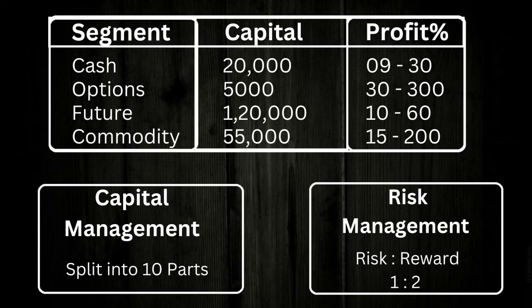In options, there are two types of options. First is stock option and second is index option. In index option, Nifty gives one lot at the price of 5,000, and if you are good in trading, you can earn up to 30% to 300% per month. But as I already said, options are risky. You can earn around 300% in a single day, as well as you can wipe out your whole capital in a single day. They are highly volatile.